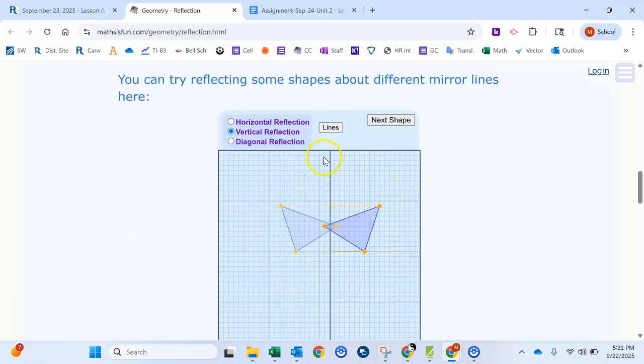If you want, you can come back and play with this. You can do horizontal. Remember, horizontal is mirror is flat. Vertical is straight up and down. So here's a vertical one. And what you'll notice, okay, here we go. I guess wherever my cursor goes, okay? So you see right now that's vertical, which is up and down, and horizontal would be like this way, right? So you notice every point is the same distance away. So this point right here,